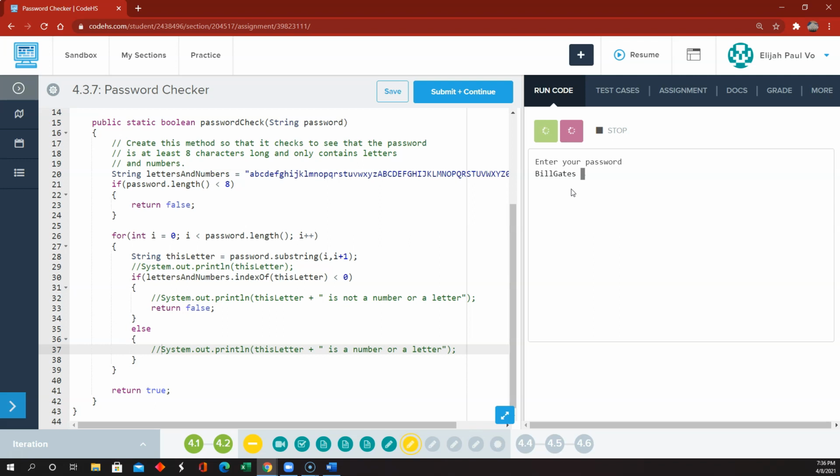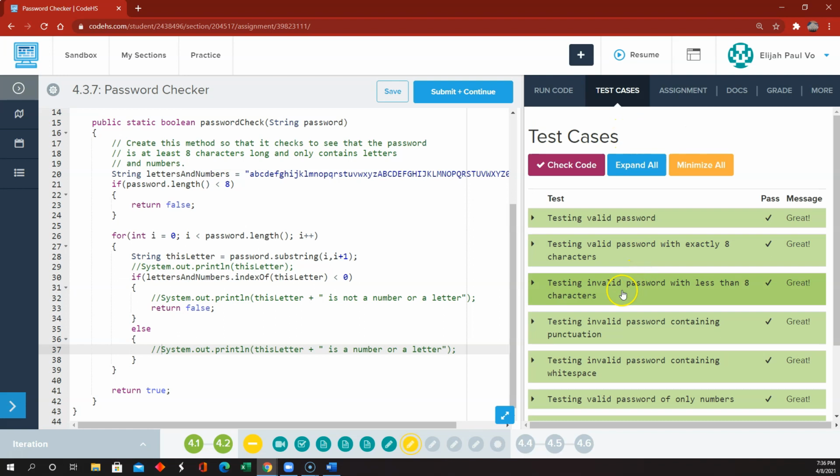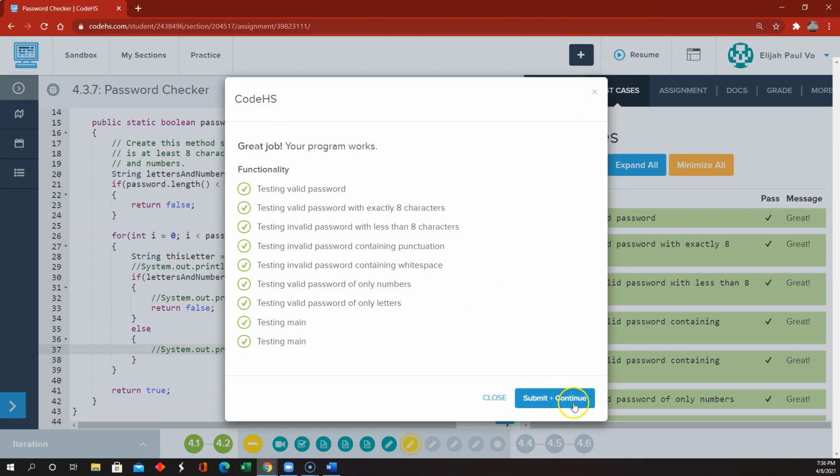Bill Gates 47. That's fine. But if we do Bill Gates equals 47, it's false because it's got a character in there that's not a letter or a number. So I think that's doing what we needed to do if we just needed to return true or false. So that's it for 437, and now we're on to